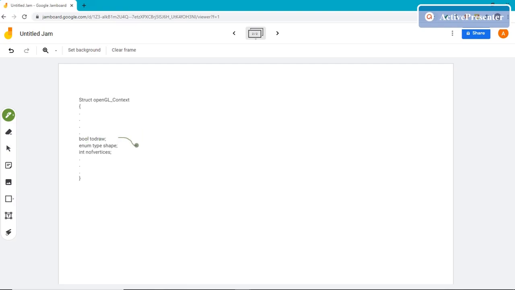So what they did, they used these three variables to create a structure. Let's name that structure draw. They put all the three variables here. Number of vertices.